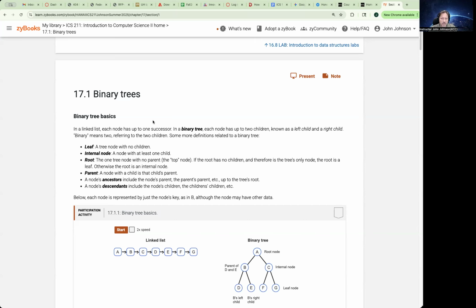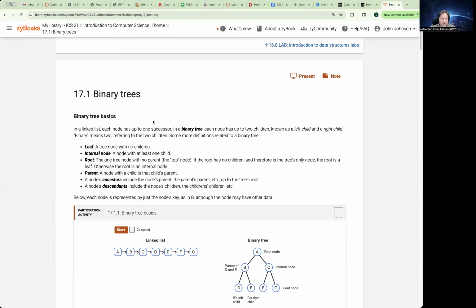You can have, again, with the top node, 0, 1, or 2 children. If the root has no children, therefore the tree is the only node. The root is the leaf as well. If it's not a leaf, then it's considered an internal node, in other words, a node that has any children,